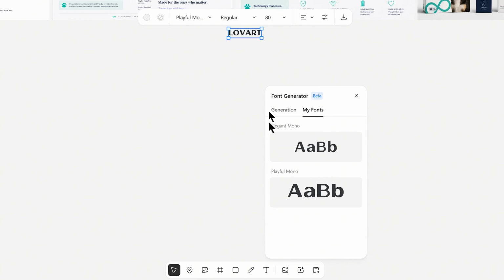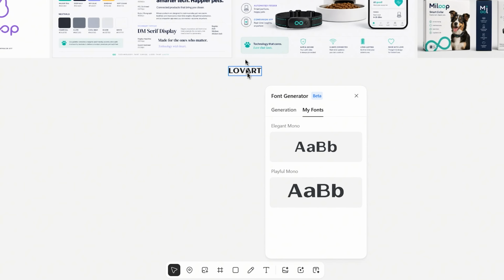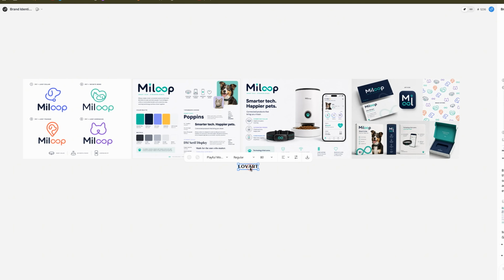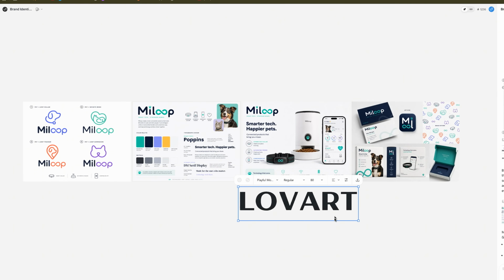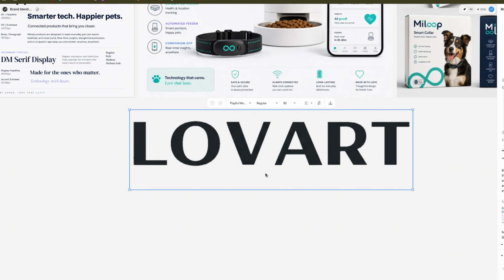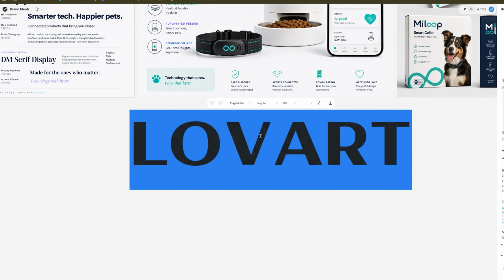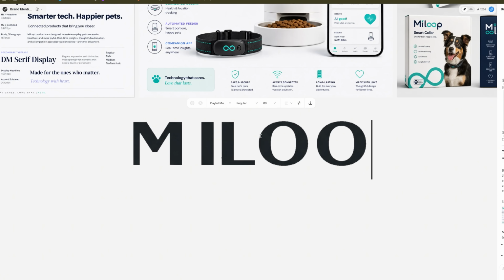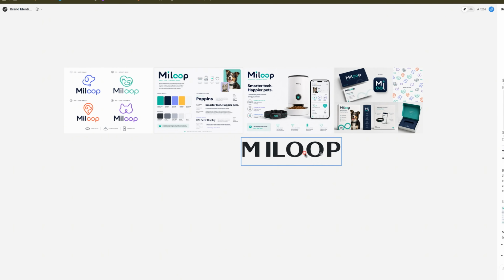And as you can see, it has been generated really quickly. I'm just gonna click on it. So here's the text. I'm just gonna close it. And as you can see, I can increase the size from here. So let's press Ctrl and scroll up to zoom in. You can double click this to change it. So I'm gonna double press on this and type Milo, which is the name of my brand. And as you can see, the font is really nice. So I'm gonna place it aside.